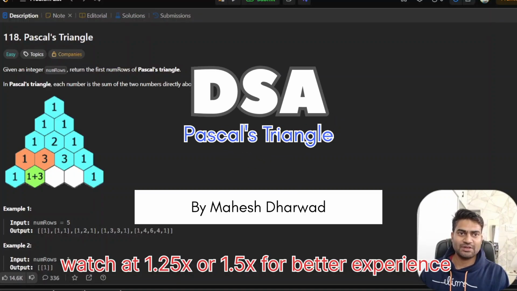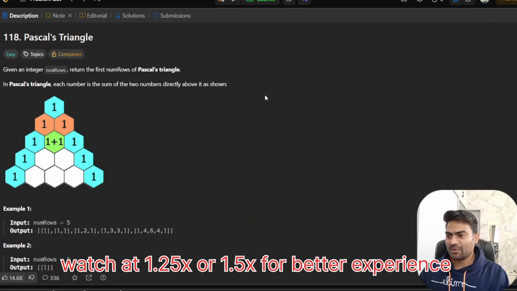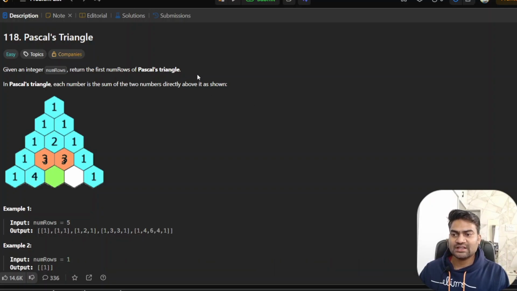In this video, we will look into LeetCode problem number 118, which is Pascal's Triangle. So this is the statement of the problem. Given an integer numRows, return the first numRows of Pascal's triangle. In Pascal's triangle, each number is the sum of the two numbers directly above it, as shown in